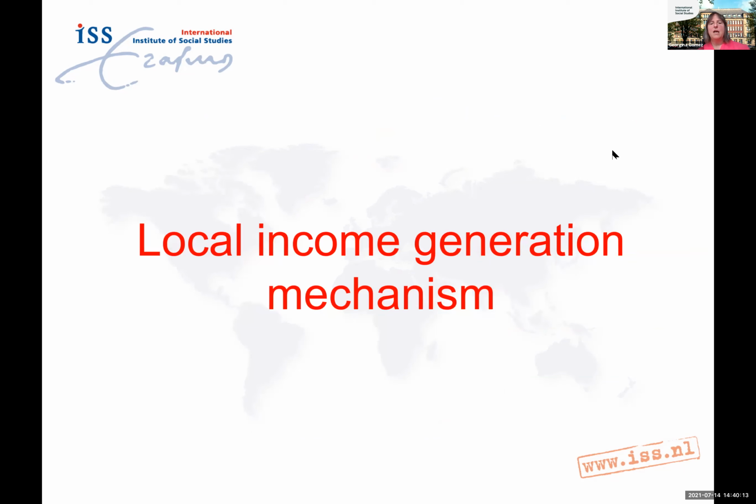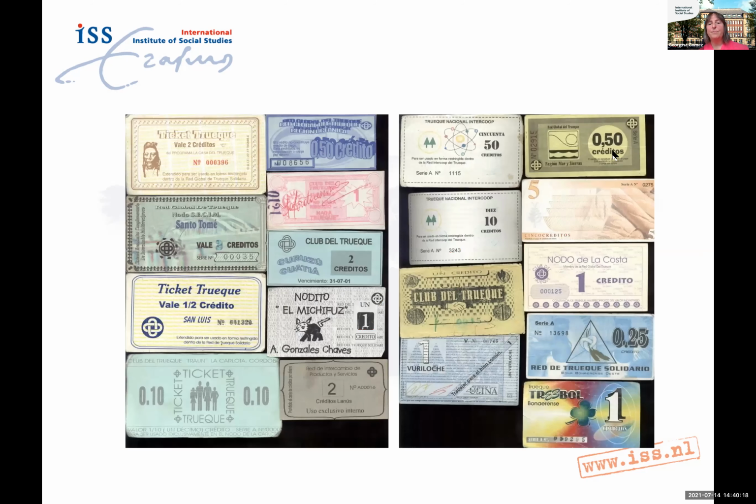And in combination with local income generation, let me talk a little bit about the case of Argentina, because this is the one that I'm specialized on. During the crisis of 1998 to 2001, 2002, there were hundreds of these vouchers. I put a photo of about 20 here, but you have to think that there were hundreds all over the country, and people were able to sell cakes, repair bikes, but then there were more sophisticated things.